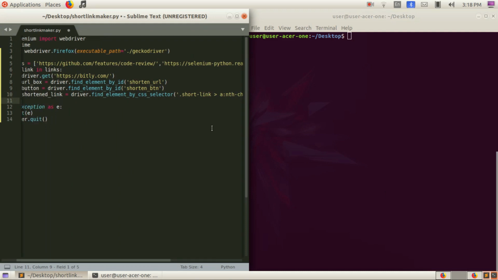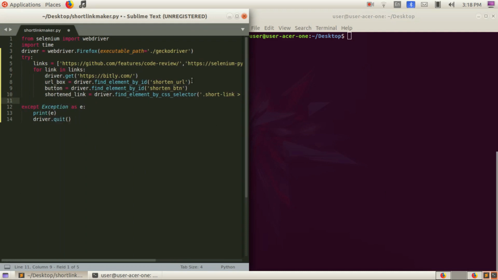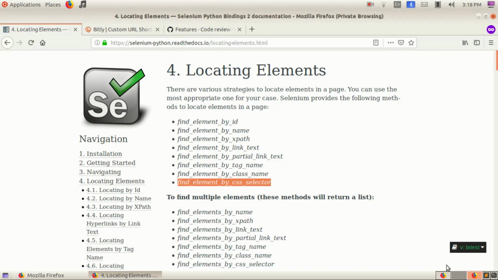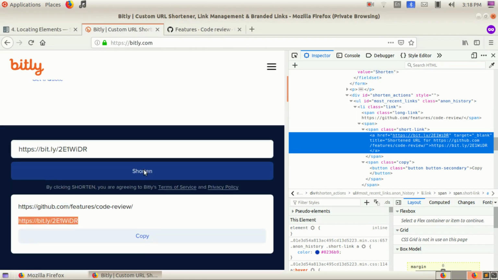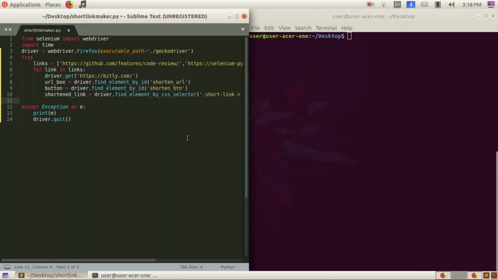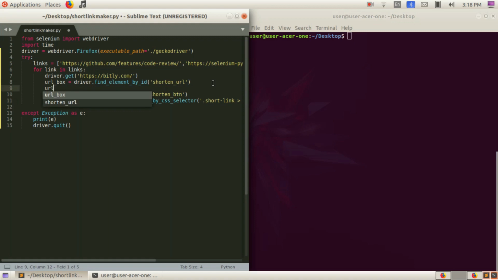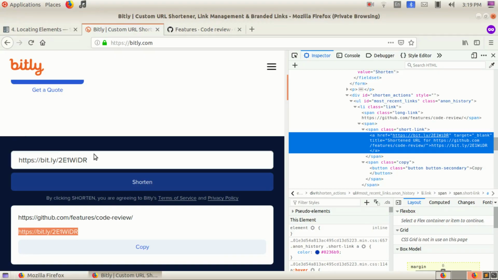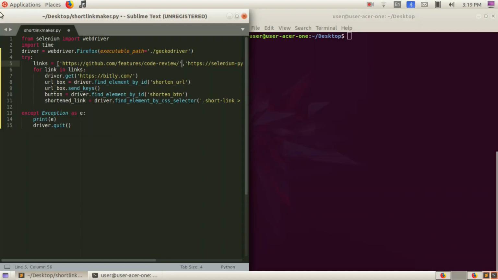Our next step is to take action. So first, as we normally do, we have to first paste the link in this box. So in our program, we have to type URL dot send keys. So this piece of code basically sends this URL to this box. Now let me type